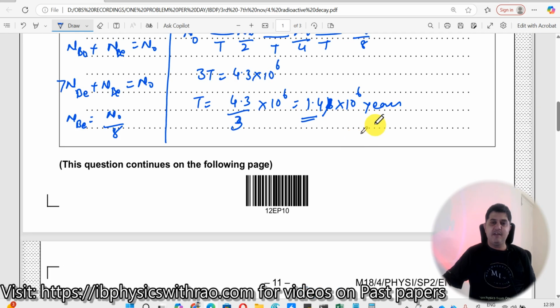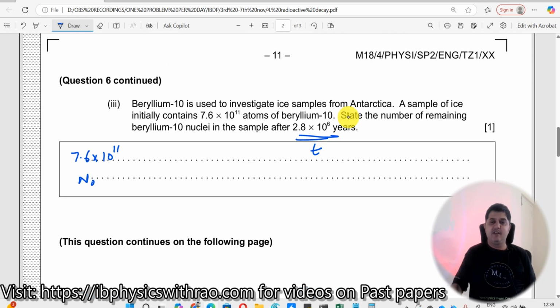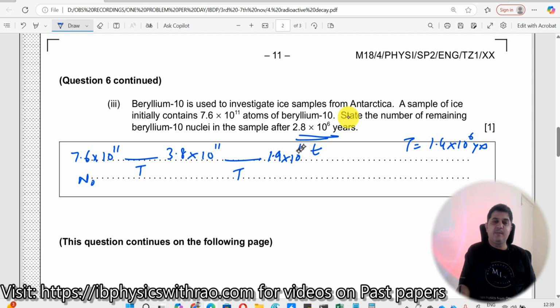What is the half-life here? 1.4. Let us write down: half-life is equal to 1.4 × 10^6 years. Now 2.8 is twice of this, which means after one half-life, this would have become 3.8 × 10^11. After one more half-life, that means after 2.8 × 10^6 years, this would have become 1.9 × 10^11